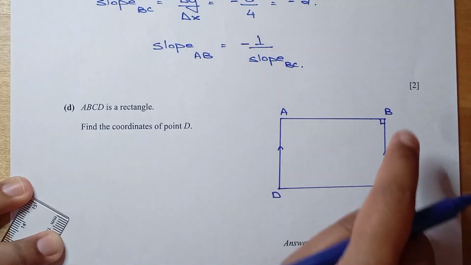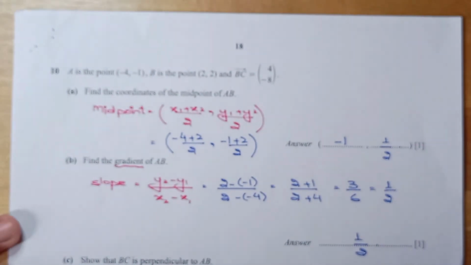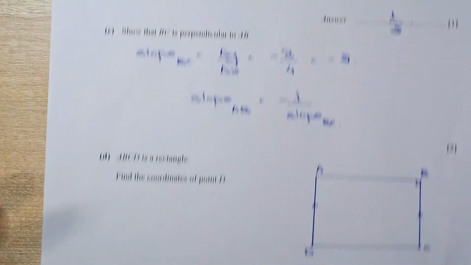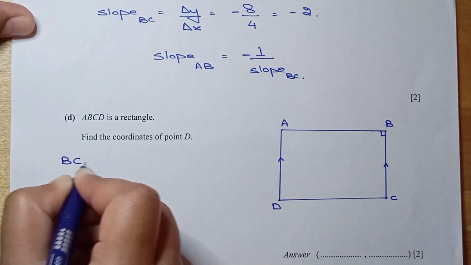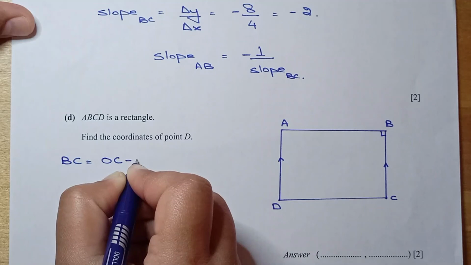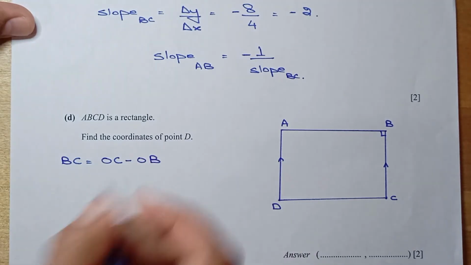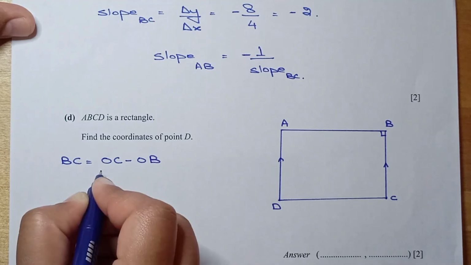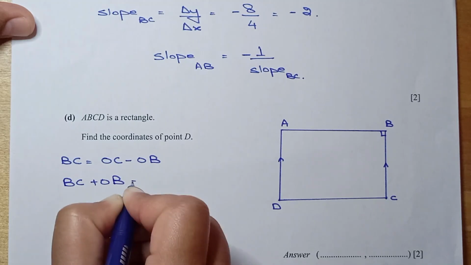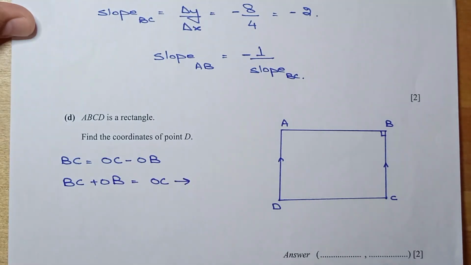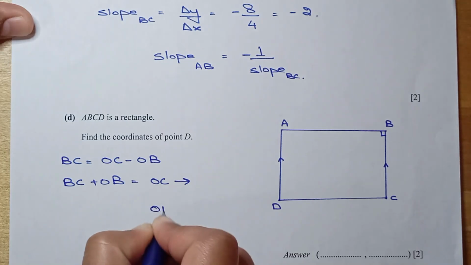Okay, so we know BC is given to us, that is equal to (4, -8) in the first part. So BC is basically equal to OC minus OB, right? And we know BC, we know OB. We can find the coordinates for C by doing BC plus OB is equal to OC. These are the coordinates for C, right? Okay, now by using this same information, we can easily find the coordinates for D, that OD is equal to,